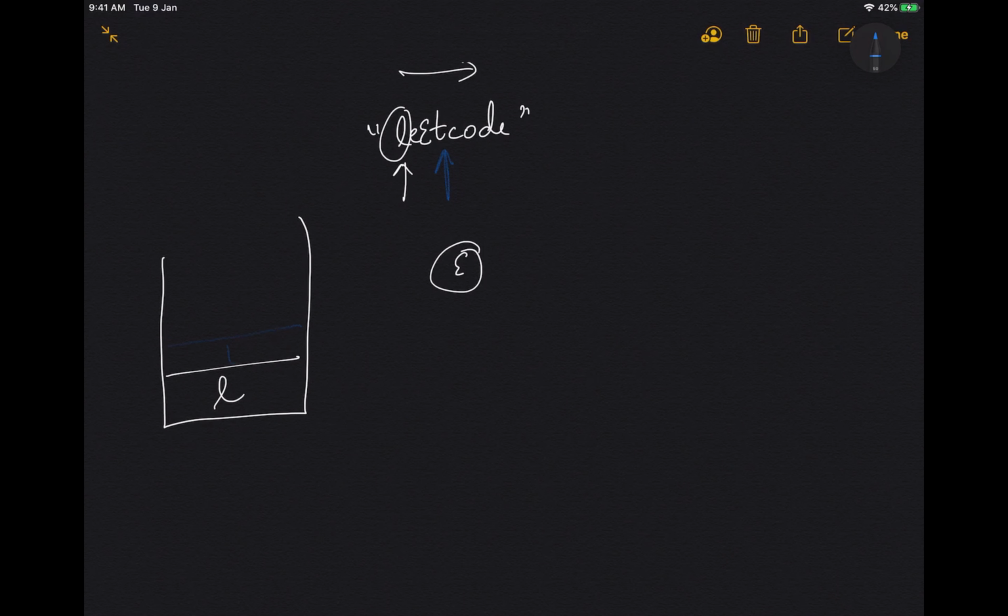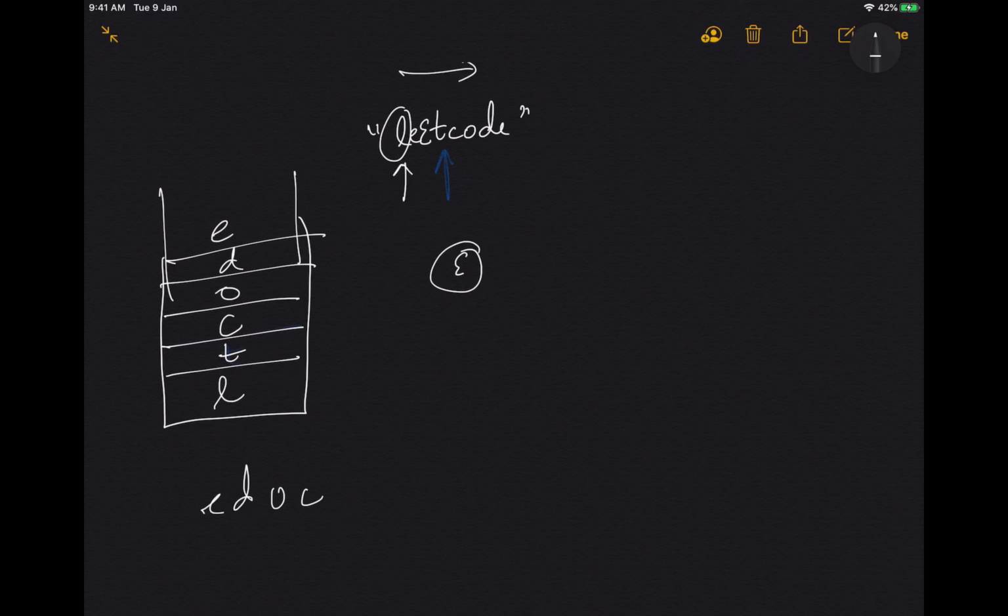So we push it into the stack, then we move forward, we push it into the stack, and so on for each remaining character. So in the end our stack will contain only those characters which result in the good string. So what we do is pop all the characters from the stack, E, D, O, C, T, L, append them to a string, and after that just reverse it. So l, t, c, o, d, e. So we'll have the good string in the end.